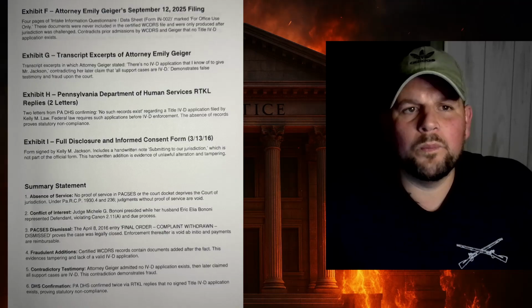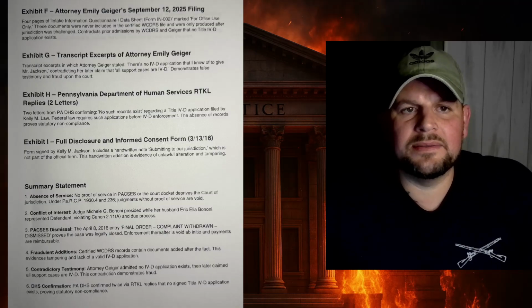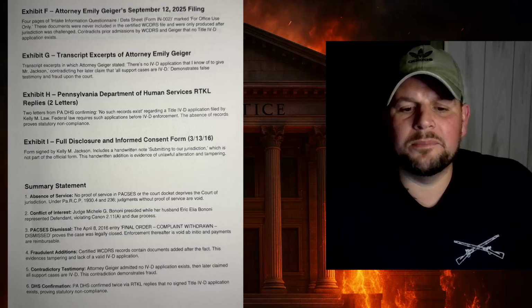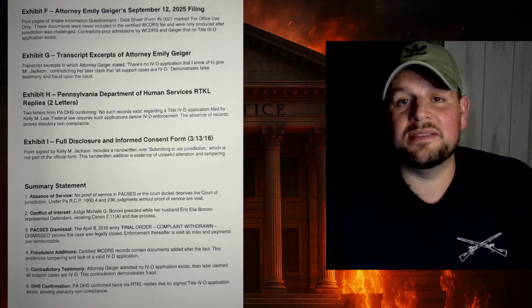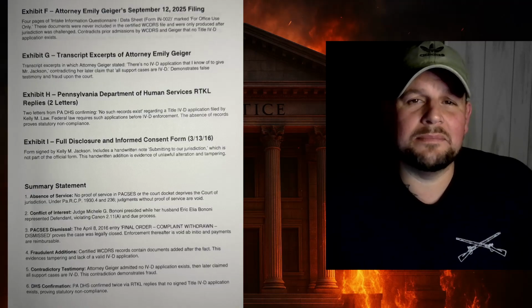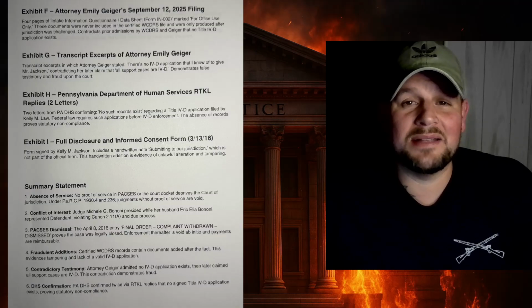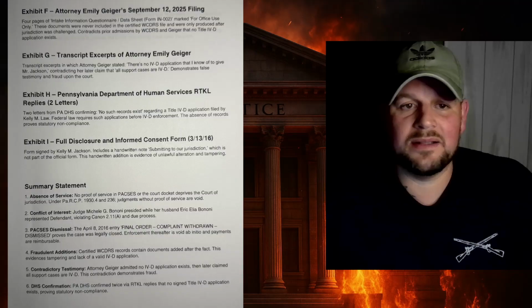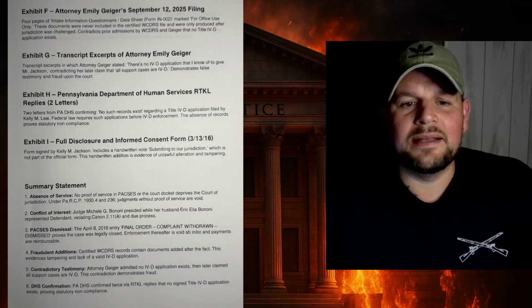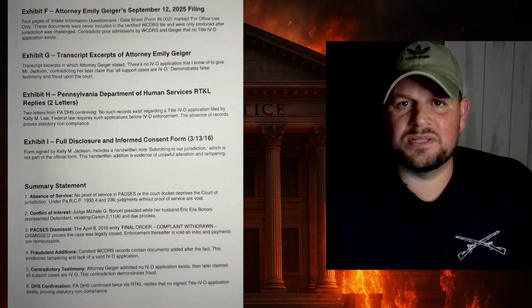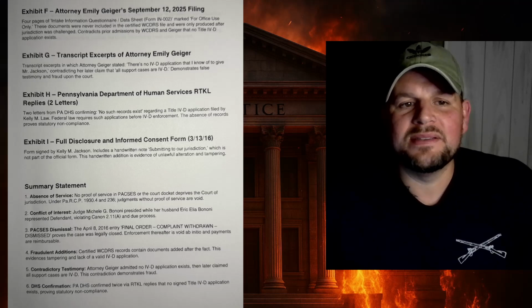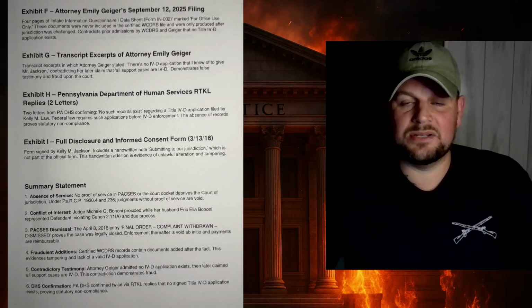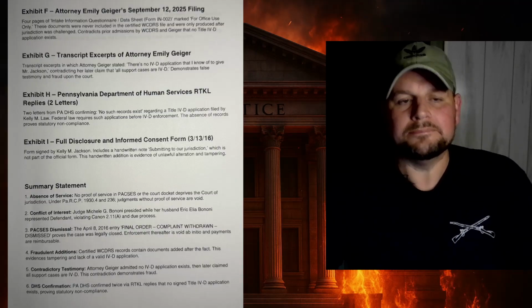But anyhow, when I filed that motions hearing, Attorney Emily Geiger filed back her opposition to my hearing. In this opposition, this is when they finally added, like I said, the original child support complaint was 4 pages that I saw, generic, barely any information on it. Now she introduces 4 more pages, the redacted pages I told you about. She adds those into her opposition to my motions hearing.